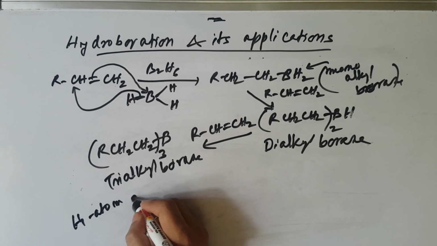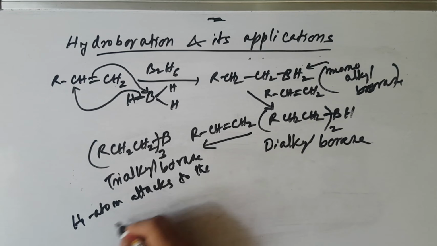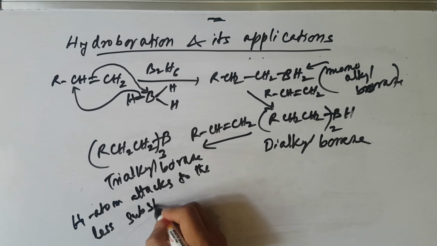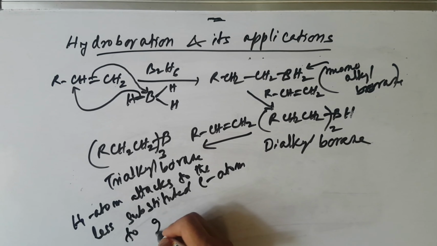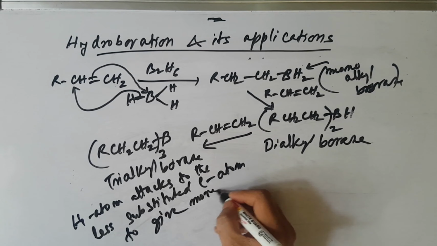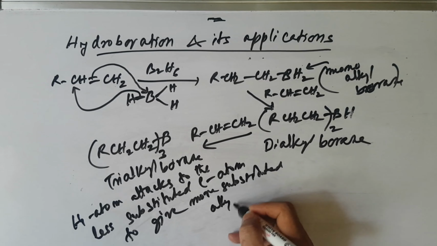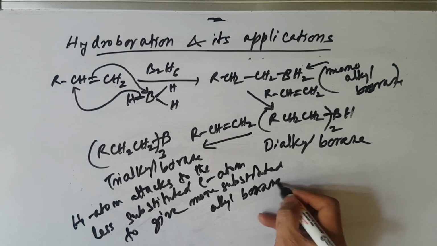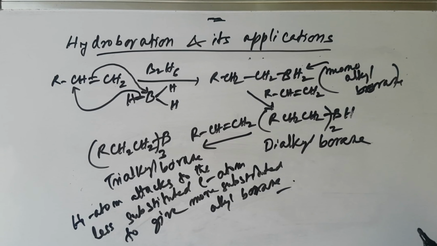So hydrogen attacks the less substituted carbon atom to give the more substituted alkyl boron, and that means the boron is linked with the more substituted carbon atom. So here I'm giving how hydroboration takes place. So 3 molecules of olefinic compounds can react with borane to give the